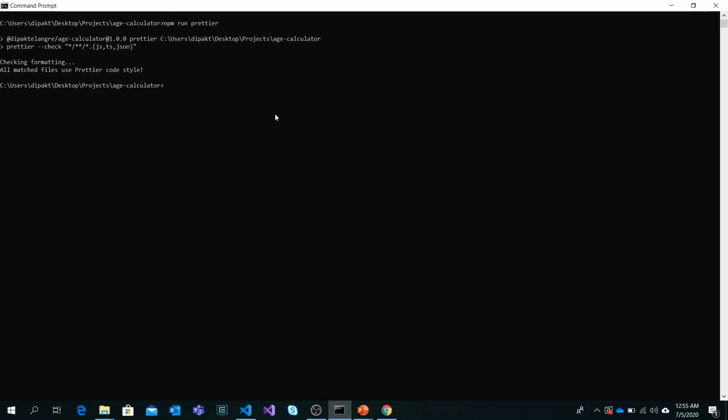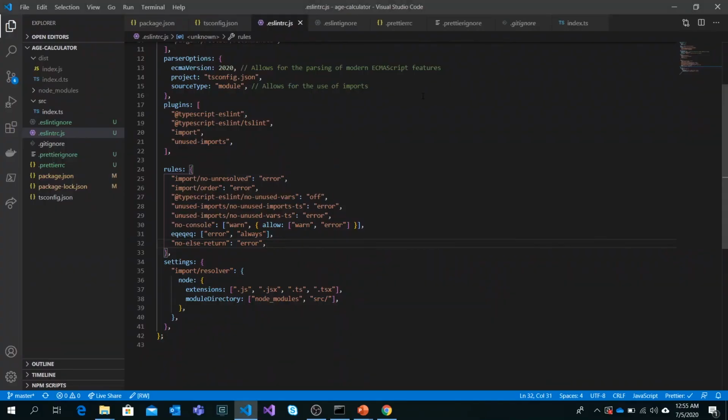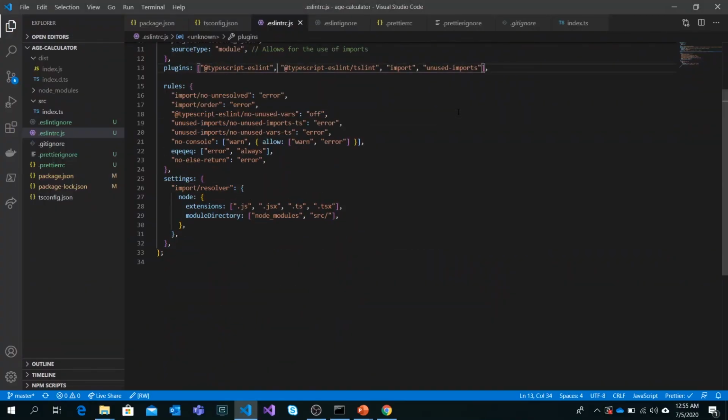But I am going to show you how we can set up these ESLint and Prettier tasks during the build process, so all these things should happen automatically. So we are almost ready with setting up Prettier and ESLint for our application.